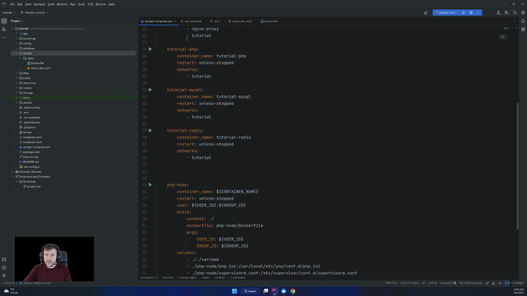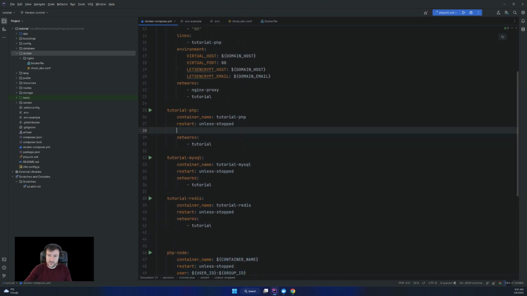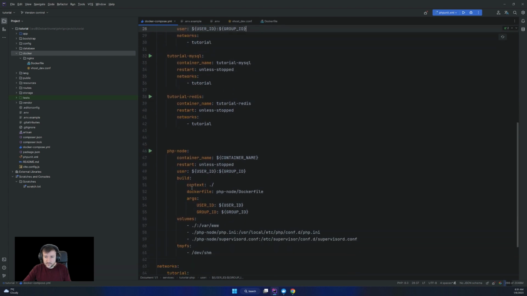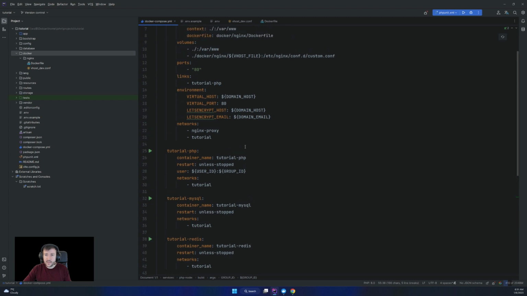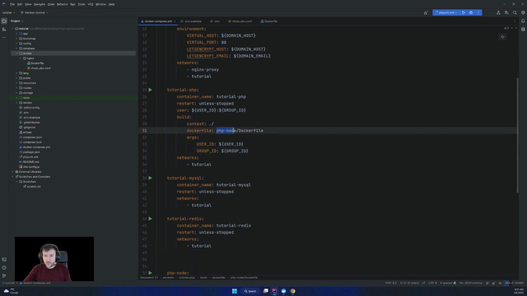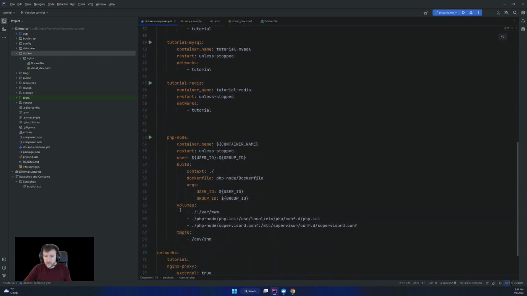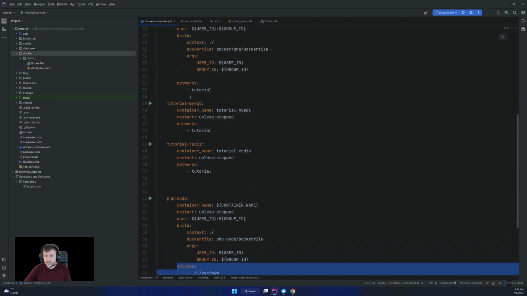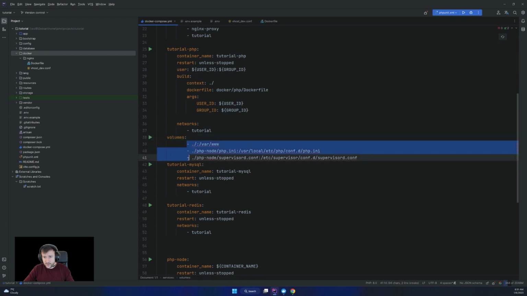To continue and install the PHP, we want to take some parts from this one that I kept here. We want to run it the same, with user and group. We want to use a build and a Dockerfile, so I'm going to take that as well. The path now won't be PHP, but docker/php, and we need to create that folder. We want also the volumes, and maybe some more. Not really sure why he put it like this.